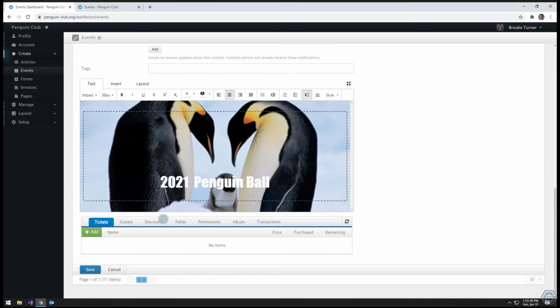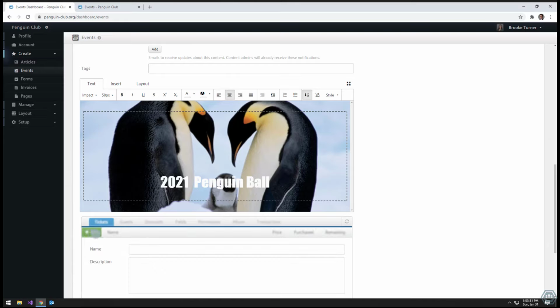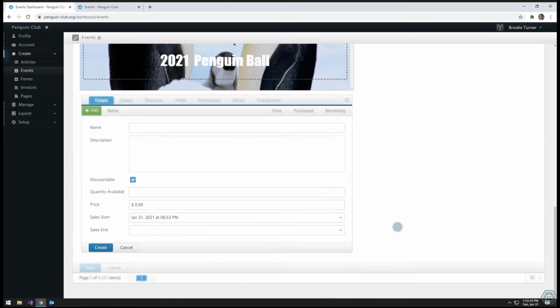Okay, last thing we need to do is create our tickets so guests and members can purchase tickets to this event. So this first ticket I'm going to create is just going to be called General Admission. I'm not going to add a description, but if you had different categories for tickets, you could simply add a description here to differentiate between some of those. Quantity available, we're keeping this a pretty small event, so I'm just going to limit it to 50 tickets available at $100 a piece. And these will go on sale starting today